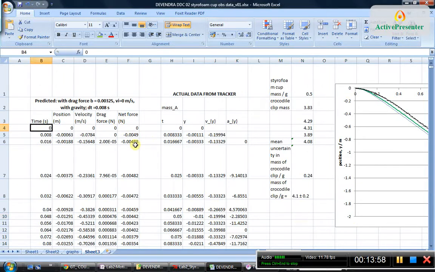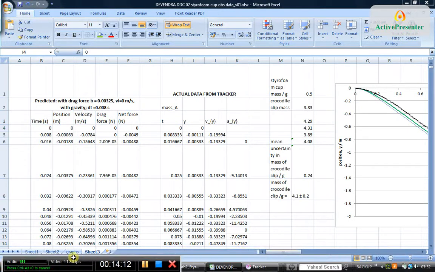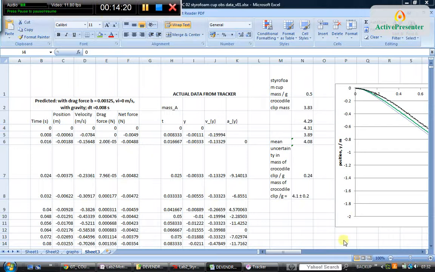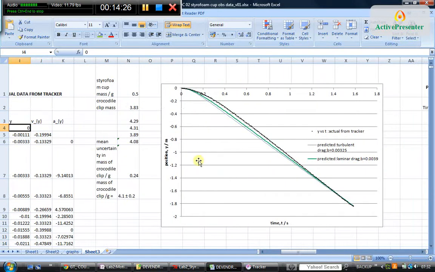So this is the data with the drag force. This is the actual data from the tracker of position, y coordinate, and the time. So when I plotted it, this is the position versus time graph. The black dots are the actual data from the tracker, and this blue line is the predicted data from my model for turbulent drag force with a b value of 0.00325, and the green line gives the predicted data of